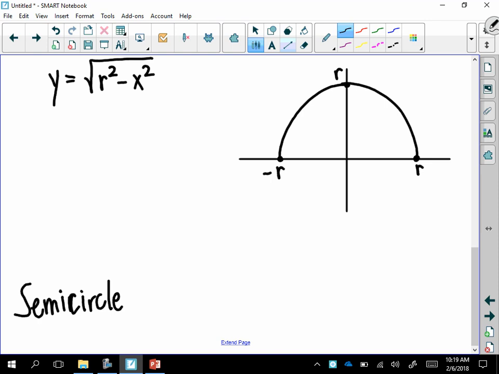That's just a class worksheet. You don't have to complete it. The answers to that are on a website if you